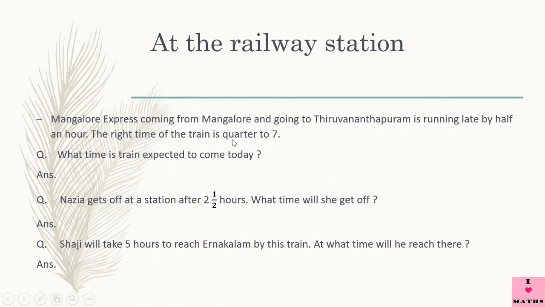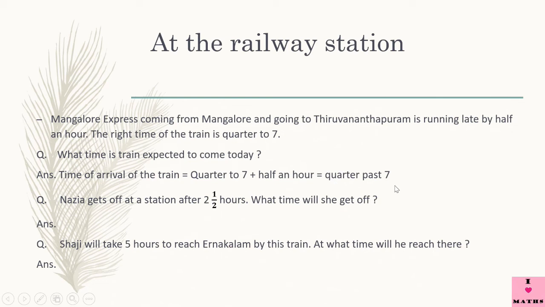So we need to add half an hour to 6:45. Okay, so if we have to add half an hour to 6:45, it will be 7:15. See children, 15 minutes till 12 and 15 more minutes will make 30 minutes or half an hour. So the time will be 7:15. So the time of arrival of the train after adding half an hour to 6:45 is